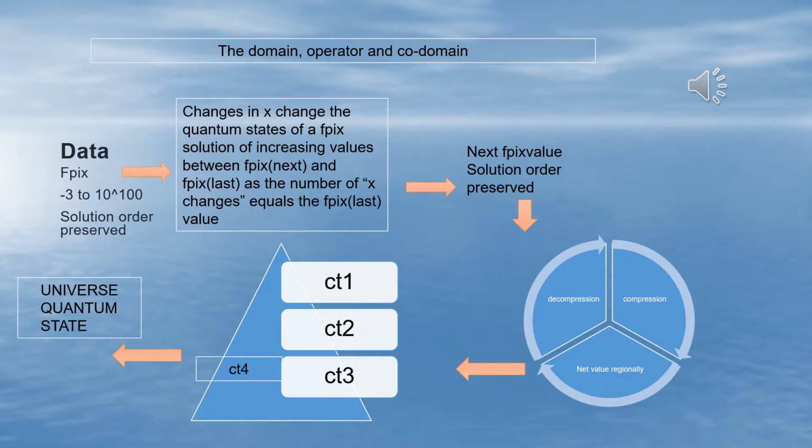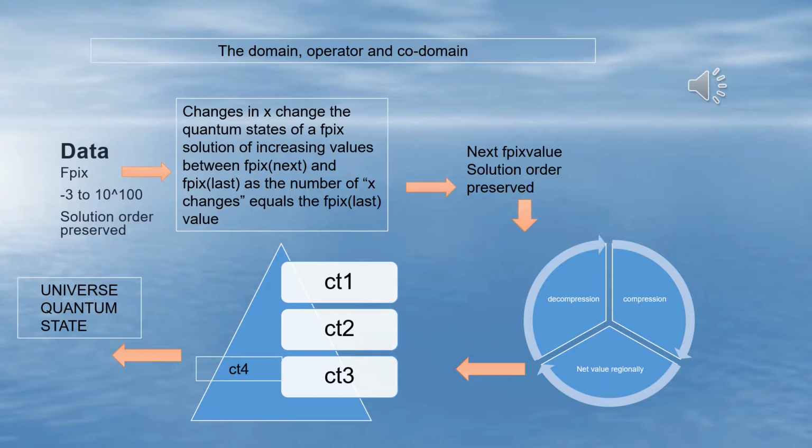x continues to change. This rough description of operator 1 generates all the points in the universe and gives a net value of gravity versus anti-gravity for any value of x, keeping in mind that x probably has a value scaled at least to 10 to the 100 as this document is being prepared.